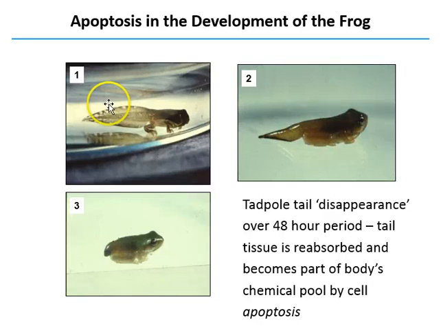Here we've got a tadpole starting to show the early signs of changing into a frog, and as that change progresses, you'll notice the tail shrinks and eventually disappears. The shrinkage is caused by this highly ordered form of cell death. A key feature of apoptosis is that, unlike necrosis, this cell death does not cause any inflammation in the affected